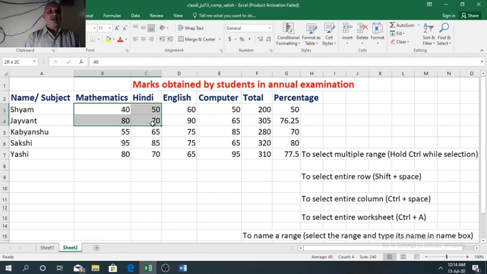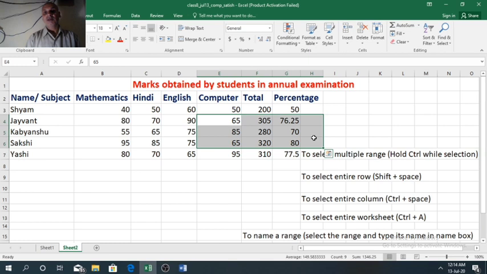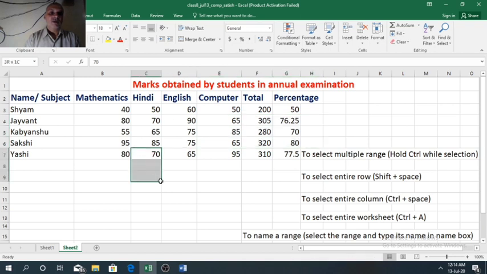Once you select a range of cells, that particular range is selected, highlighted. But when you select any other range of cells, in that case previous selection will get removed, and for the new selection the previous one will be removed. It means at a time we can select only one range of cells.